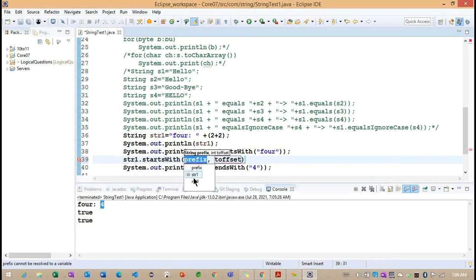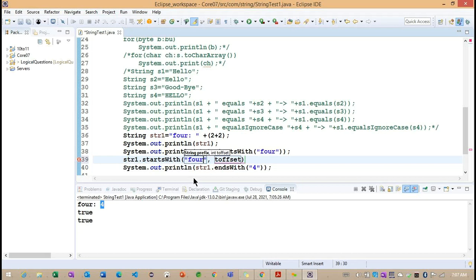So if I'm going to define here, now observe, again let me provide the 4, but here now the second parameter, what happens internally?